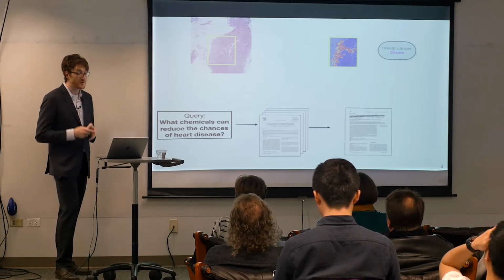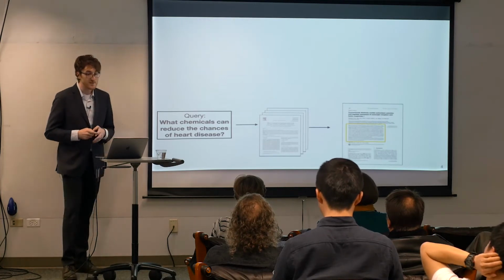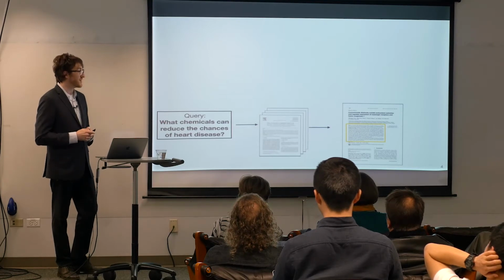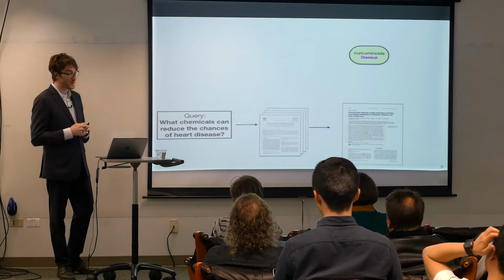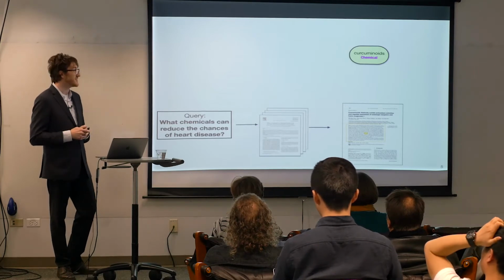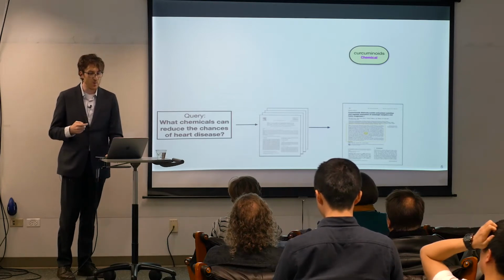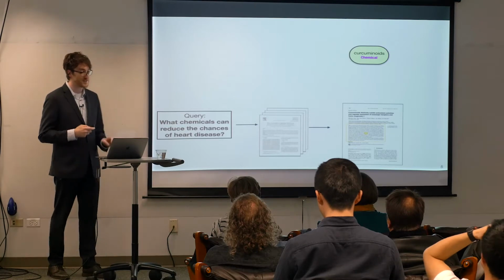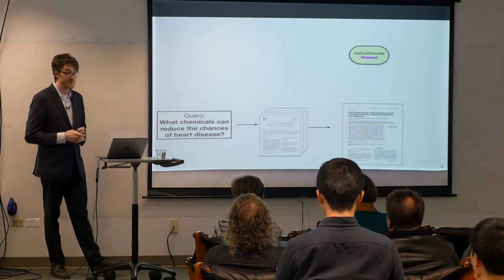However, other times we want to be able to directly produce an answer from a massive set of data. So for example, given this query, we want to know what's the specific entity that's going to answer our question. So recent methods in text-based question answering systems have successfully learned to extract answers directly from text alone. And when a question can be answered from a single piece of evidence, these methods have shown really impressive results. However, currently these models are still a bit limited in terms of reasoning about many sources of information at once.